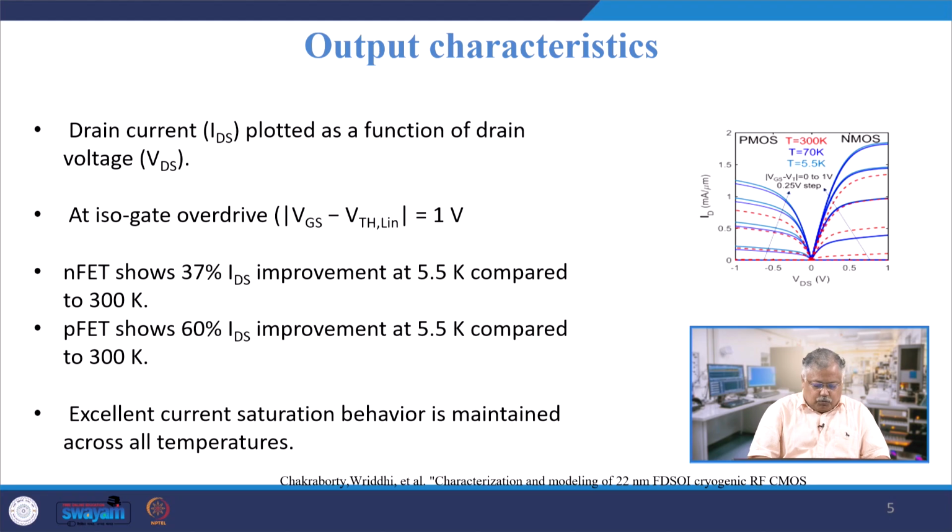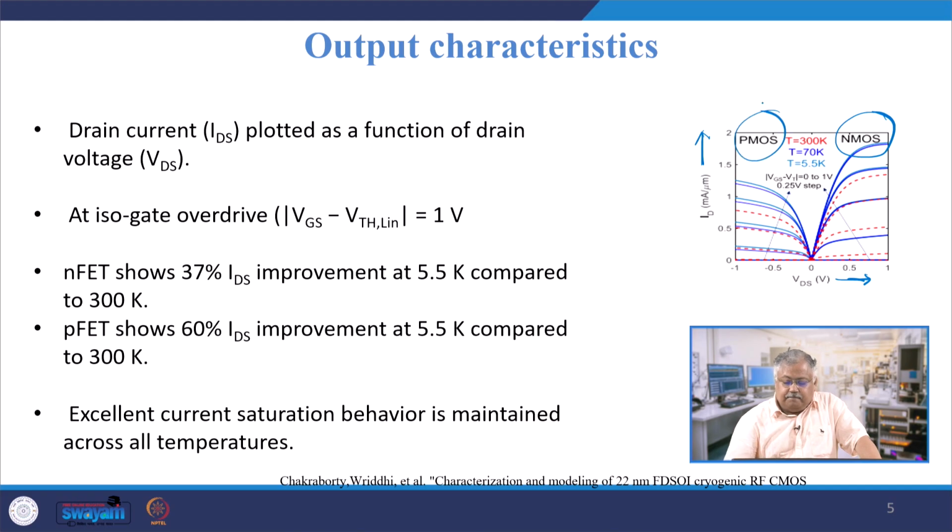Now, let us look at the output characteristics in this case. We will come to the Y parameter and Z parameter later on, but let us come to the output characteristics. On the right hand side, the figure is ID versus VDS, and again here ID is not log scale, it is a linear scale, ID versus VDS for NMOS and PMOS both. This is my drain current and this is my drain to source voltage, this is my NMOS and this is my PMOS, and I am doing it for T equals 300 Kelvin